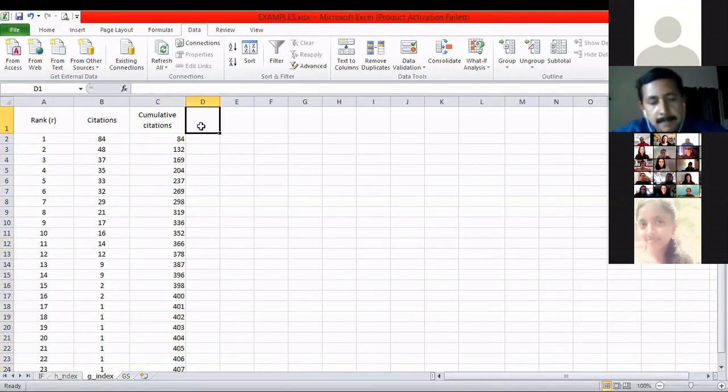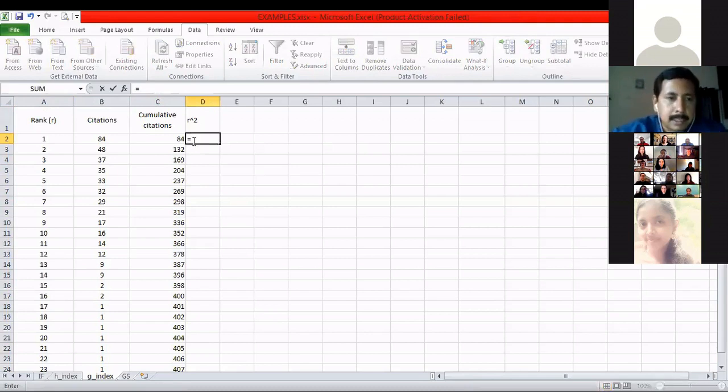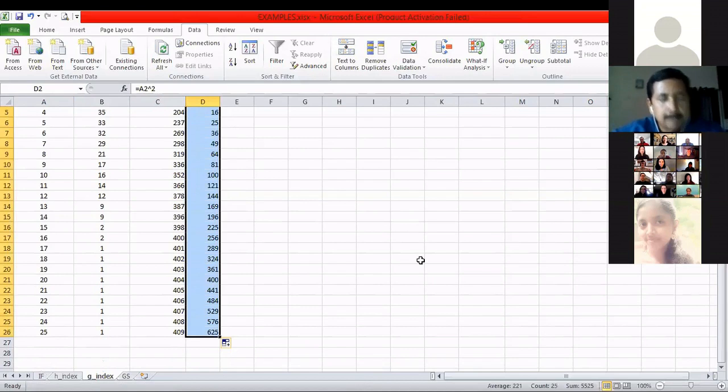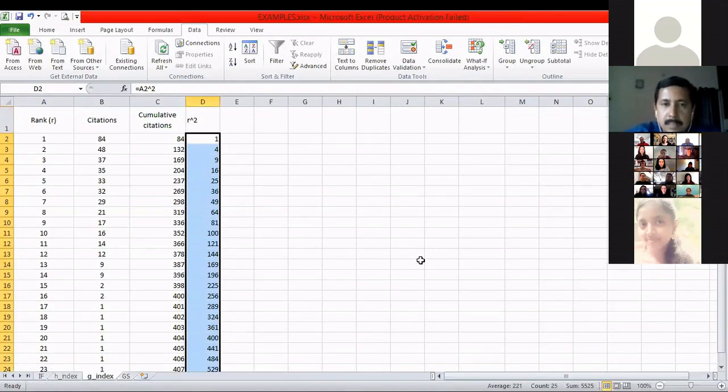And secondly, we have to square the article rank. So R to the power of 2. I've got R in the first column here. I'll do it to the power of 2, which means I'm going to square the article rank number. I can do it through a formula, raising it by 2. I've got 1. I'm going to drag the same formula for all of them. Okay, fine. So I've got the squares of the ranked article numbers.